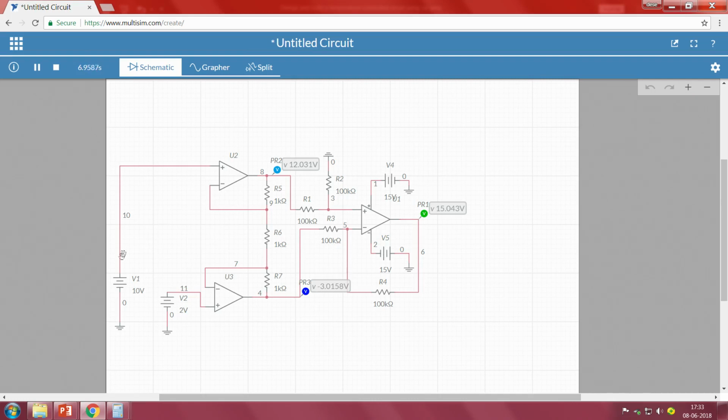So, what I will do is that I will decrease to 4. Now, second input is 10 and 4, 10 minus 4 is somewhere around 6, 6 into 2 12, I should get an output of 12. So, we are getting 12.056, right.